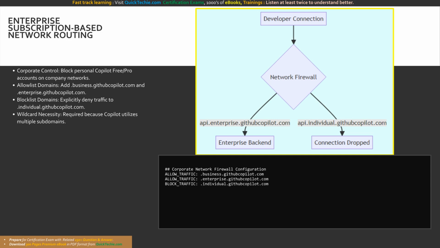To enforce this, you configure your corporate firewall to intercept and route traffic based on specific, fully qualified domain names. If your organization uses GitHub Copilot Business, you must explicitly add api.business.githubcopilot.com to your firewall's allow list. For Copilot Enterprise, you add api.enterprise.githubcopilot.com. Because Copilot relies on multiple subdomains to function correctly, you must use wildcard characters in your firewall rules, such